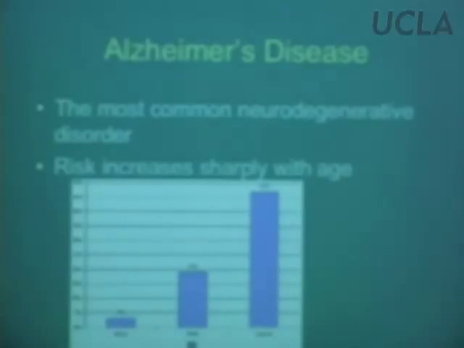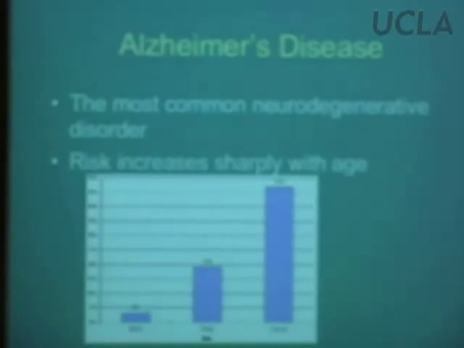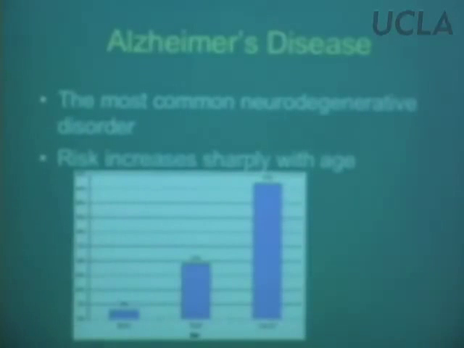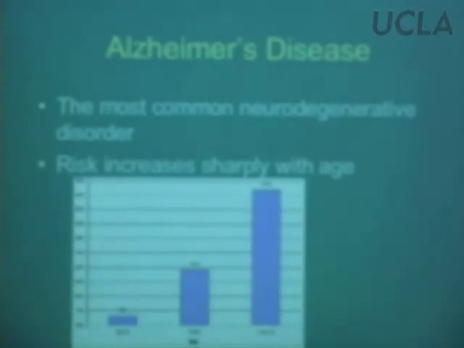Now, with the aging of the population, we're getting better at fighting things that killed us off earlier, like infectious diseases and cancer. We have treatments for those things. People are living longer, which is great. However, looking at these numbers, where if people get up into their 80s, 90s, and beyond, the incidence of Alzheimer's disease is very high. So this is actually an increasing problem that's accompanying the general aging of the population.